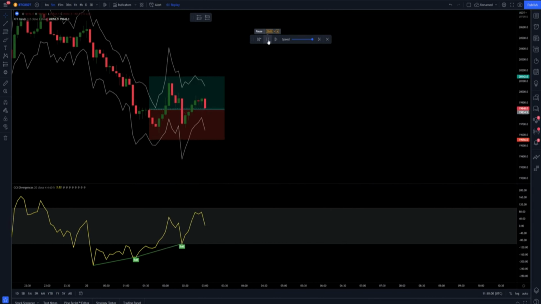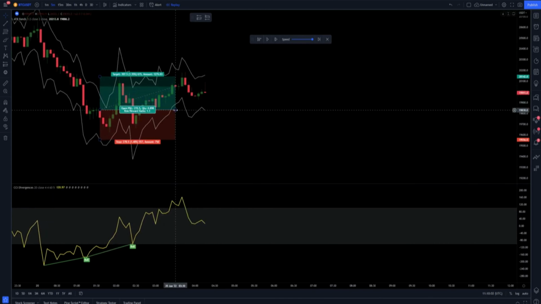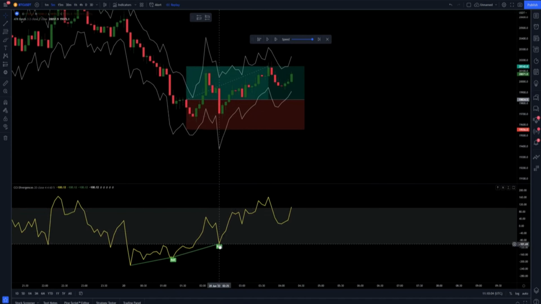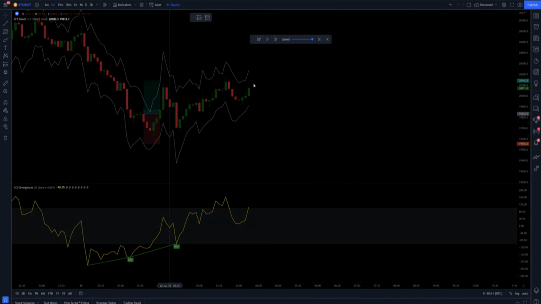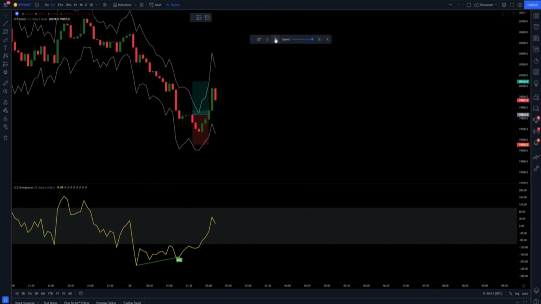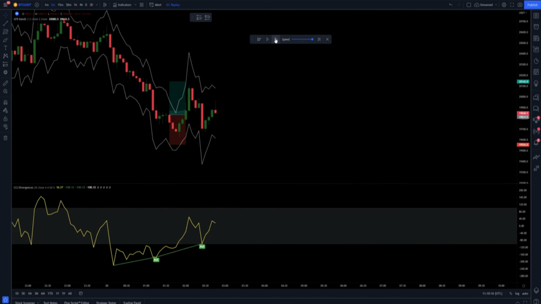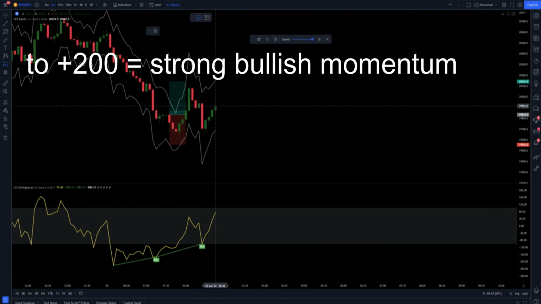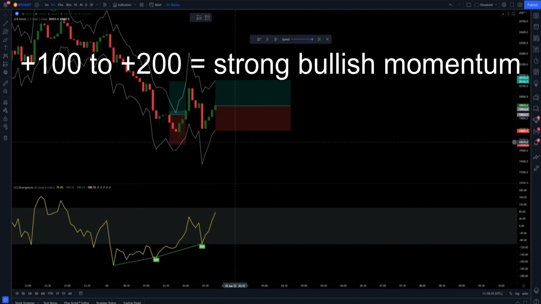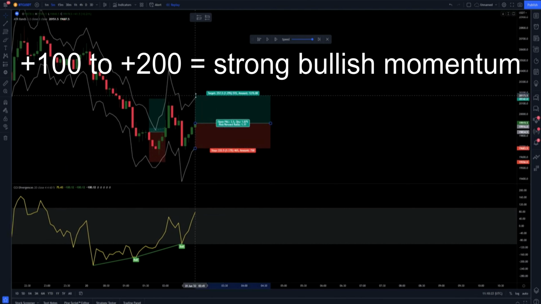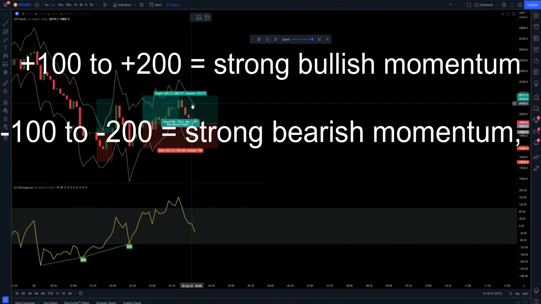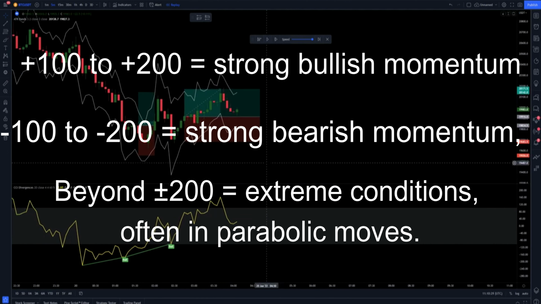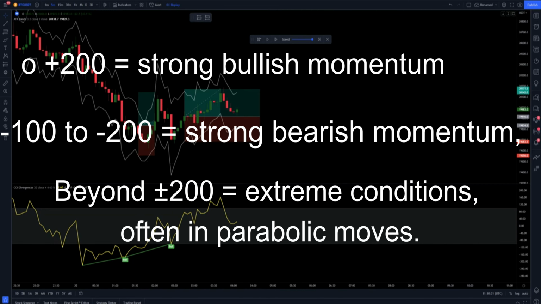Sellers are in control, and momentum is accelerating downward. But here's where things get powerful. You don't just enter on a CCI break, you combine that signal with structure, like an EMA crossover, and possibly price action confirmation. Some advanced traders even split the CCI into zones: plus 100 to plus 200 equals strong bullish momentum, minus 100 to minus 200 equals strong bearish momentum, beyond plus or minus 200 equals extreme conditions, often in